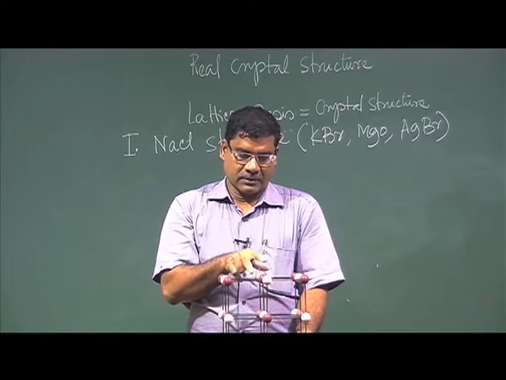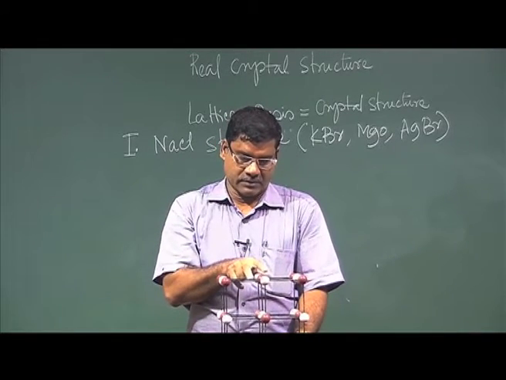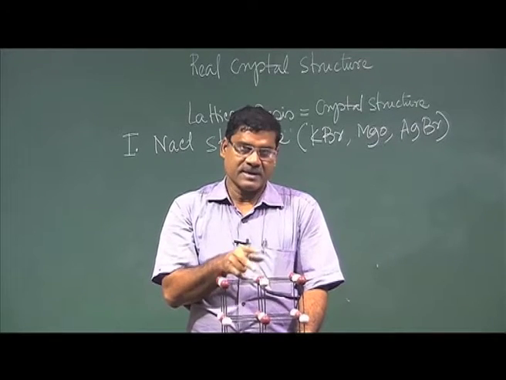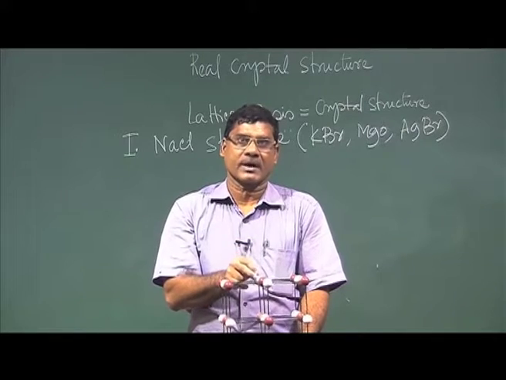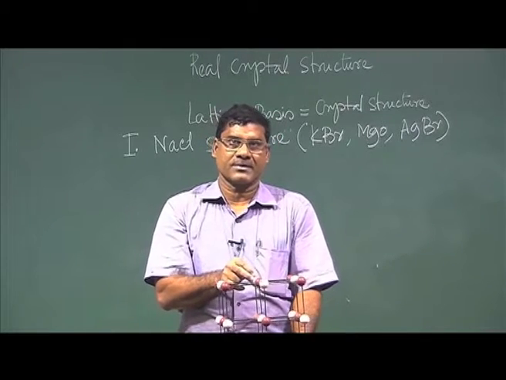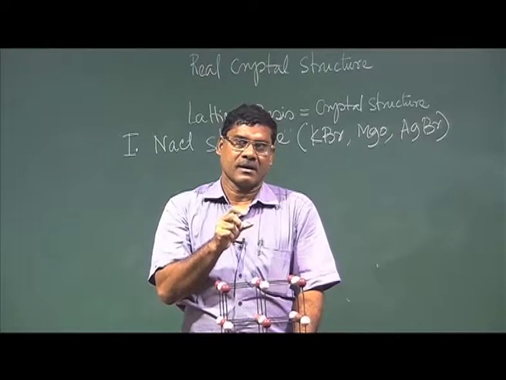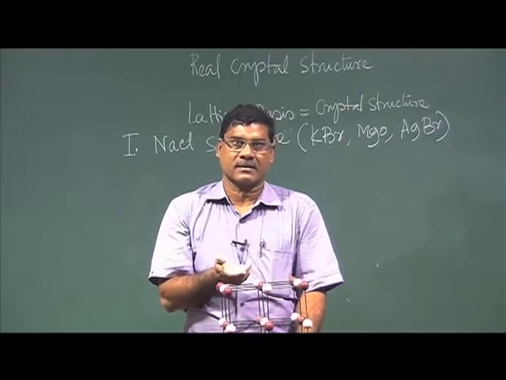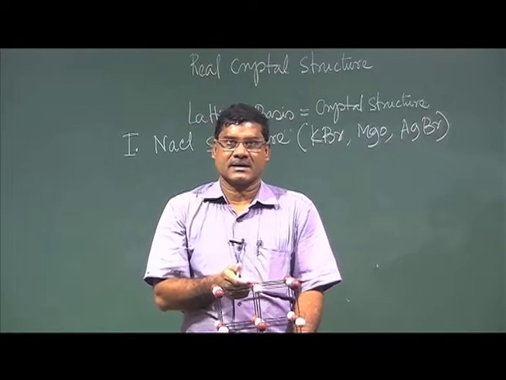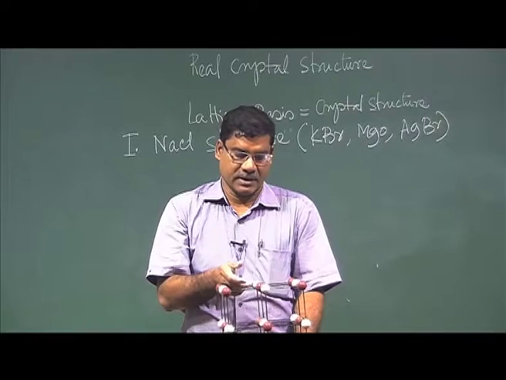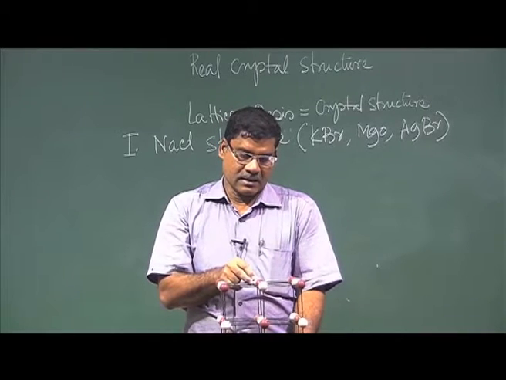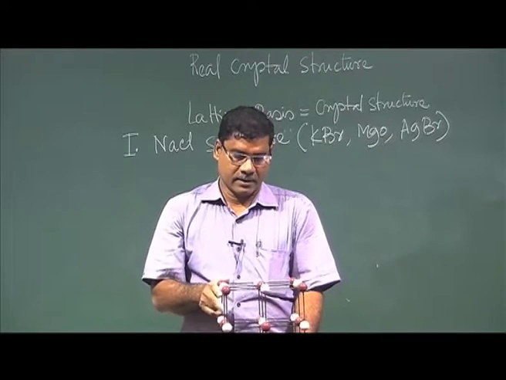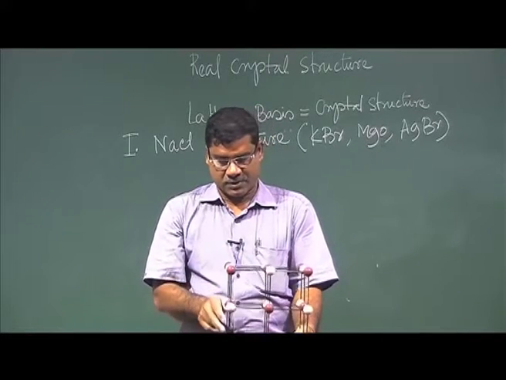So, 4 lattice points per unit cell. In principle there should be 4 sodium chloride units, because the basis is attached with each lattice point in the same way. That is the condition for a real crystal structure; you cannot put it arbitrarily. So in that case you should have 4 sodium chloride per unit cell.